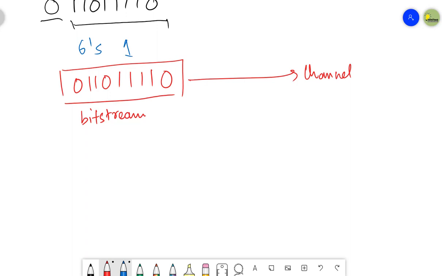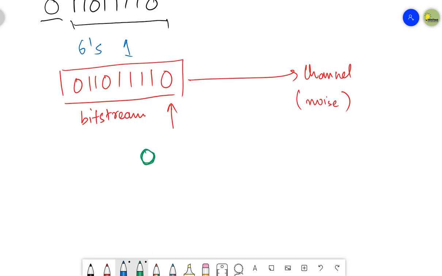Let's suppose your channel has some kind of noise, and due to that noise or distortion, your data is corrupted, which means that one of its bits is changed during the transmission. The parity bit remains the same, it is not changed, and one of the data bits has changed.